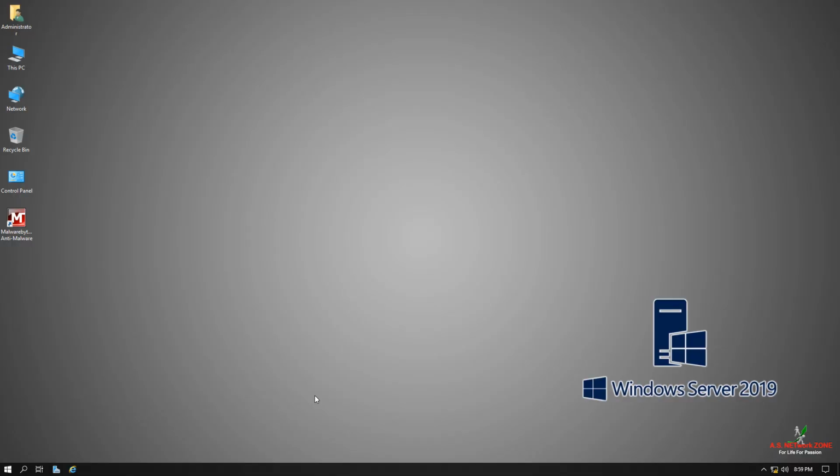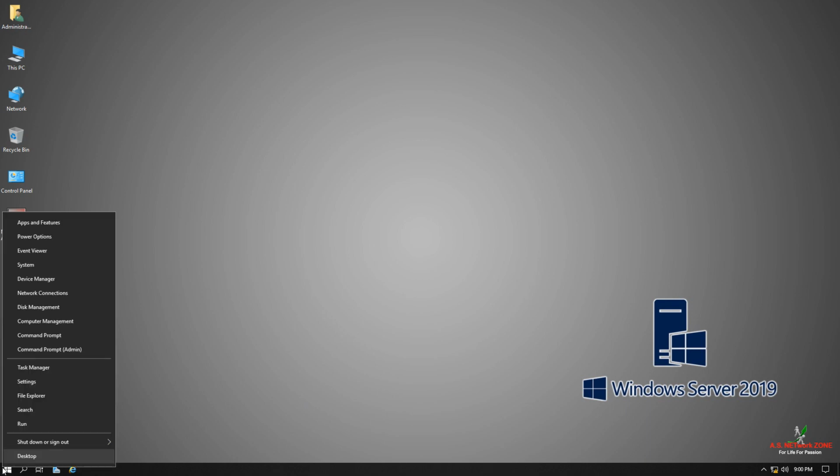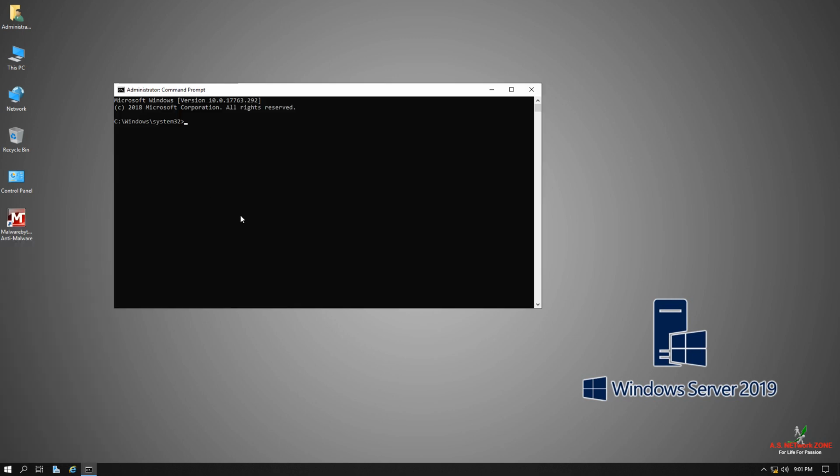So this is my hands-on lab domain controller, where last time we deployed Microsoft Active Directory Domain Services, and on this server via command line I am going to show you how you can verify your FSMO roles owner. For that you can press Windows X, or right click on your start menu. Click on command prompt with admin rights and type the command netdom space query space FSMO. Let me type that.